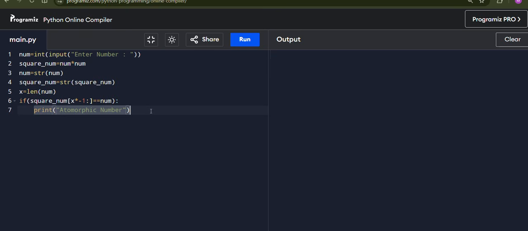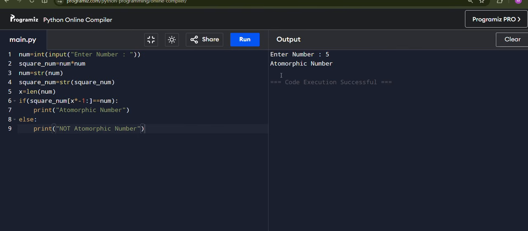Okay, else print not automorphic number. Let us run the code. Enter the number 5, automorphic. One more thing, 25, automorphic. If I enter 4, not automorphic. What I am doing here, let us dry run it.